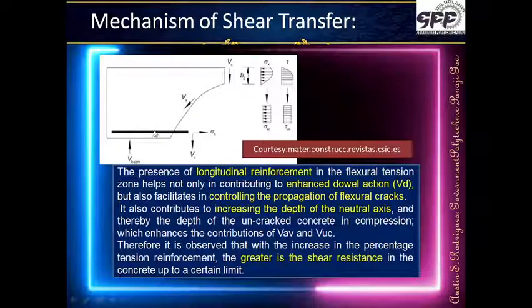When the cracks stop here, the uncracked portion would be from here to here. The resistance of the beam, its own capability, increases. So having reinforcement in flexural tension is always helpful. This flexural tension reinforcement prevents the crack from moving further. The crack comes and touches over here, so the uncracked portion remains from here to here. Its capability increases. If this was not there, the cracks would have propagated further and the depth would have reduced.